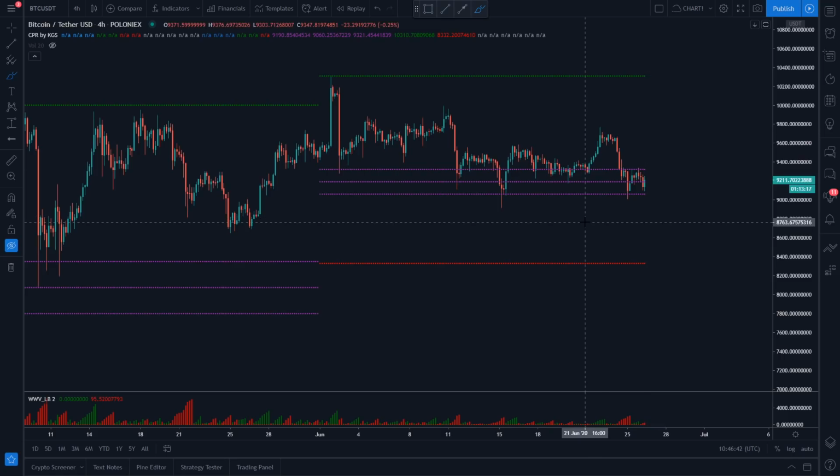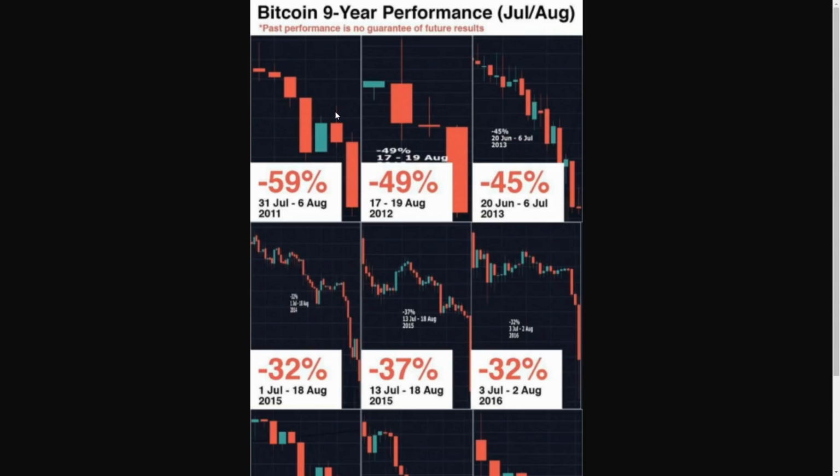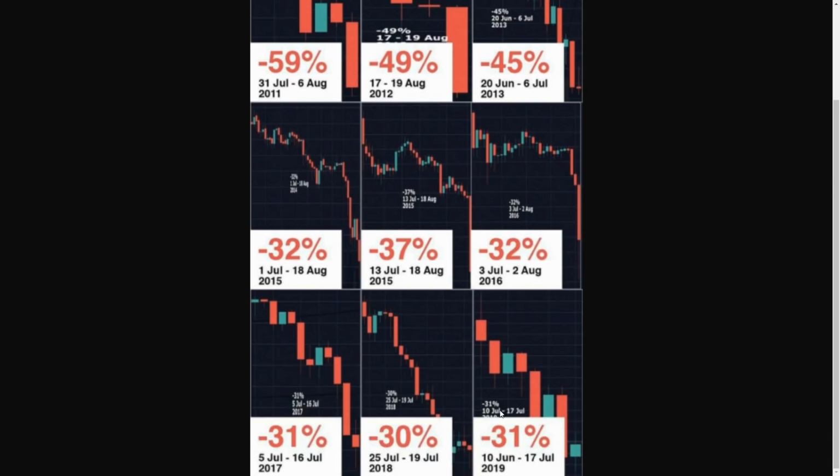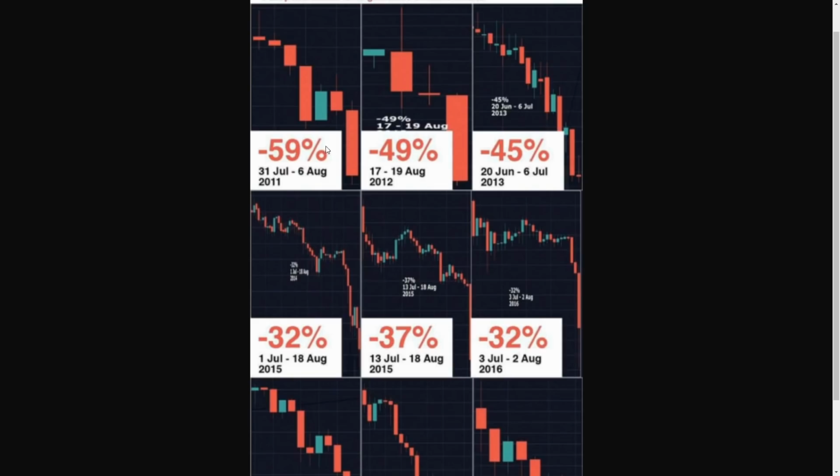And also guys, another example, let's have a quick look at that. This is a very interesting picture guys. This is actually not my work, I found it online. If you look at this Bitcoin 9-year performance, I actually would like to say June, July, August. If you look at the June, July, August performance of Bitcoin from 2011 till 2019 here, this is very interesting because every time we were around this period, we had a massive